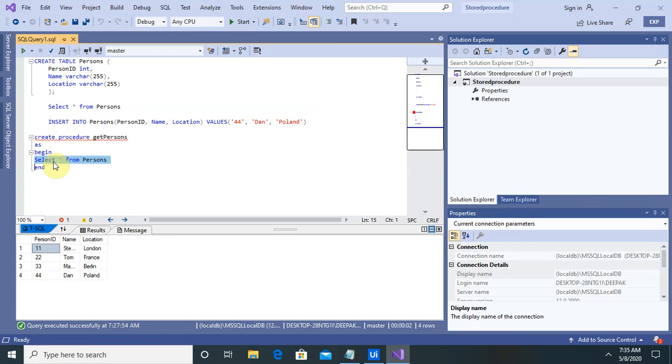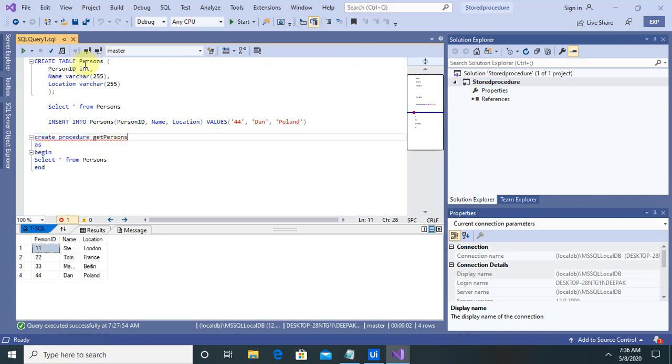If you want to add any data inside the table, you can also do that: just insert into and the rest of the data. I am just selecting the data available in my table, so I am displaying it here and ending the statement. This is what I have created for the stored procedure. My stored procedure name is get person.